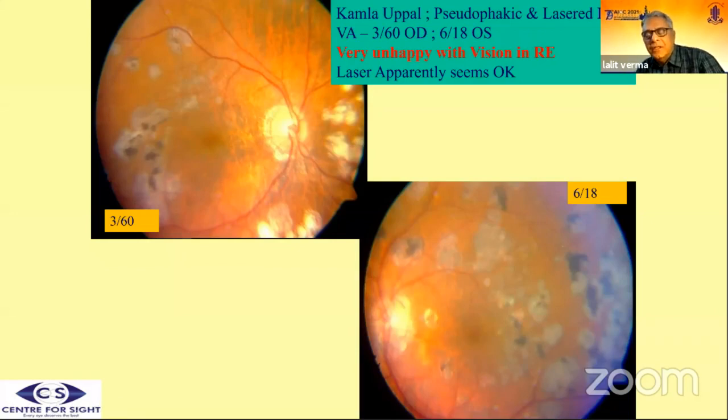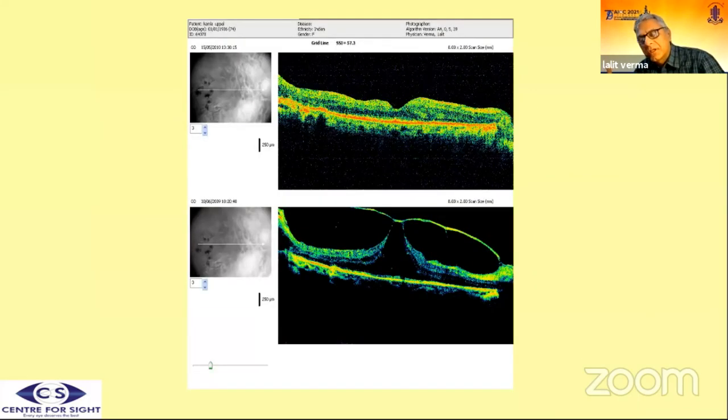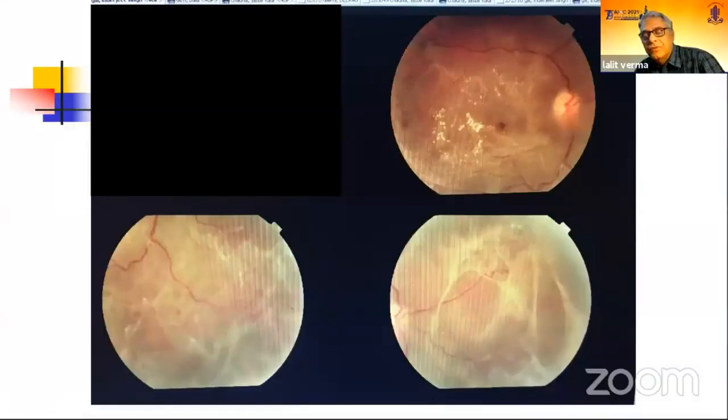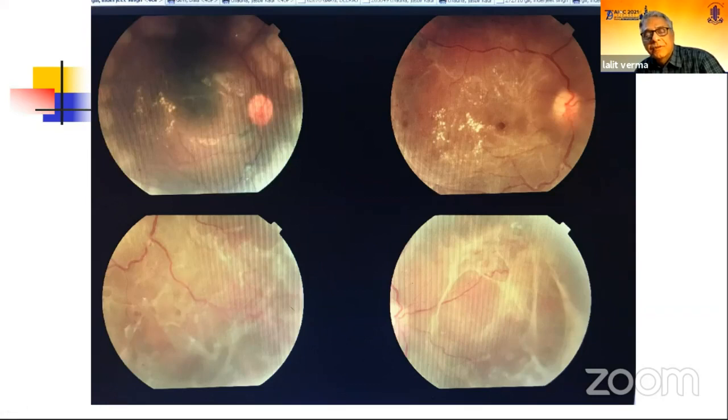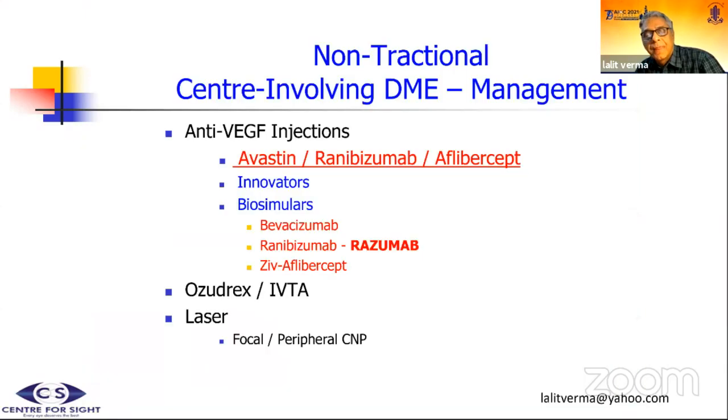So this is another patient who has had multiple injections, lasers also, and this was the OCT. After the surgery, which was done a long time back, this patient did improve in vision and also had restoration of contour. This was another patient of tractional kind of edema. You see here, this patient also underwent similar surgery, which I have shown here. And this is the OCT contour after surgery.